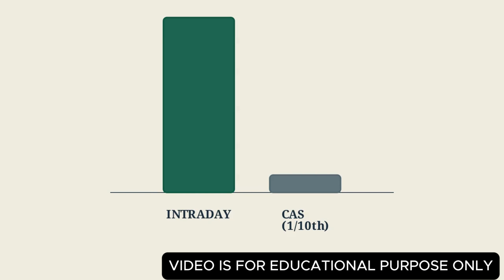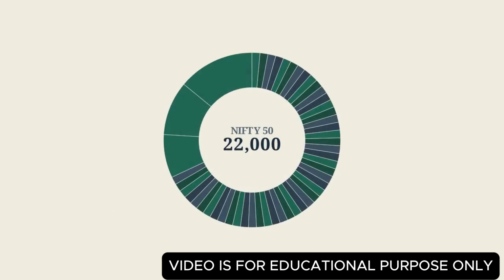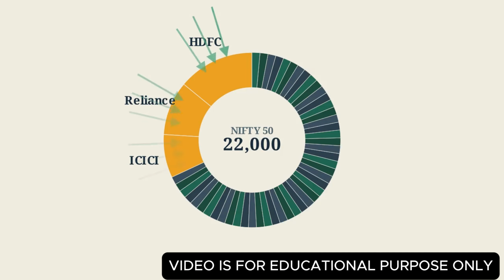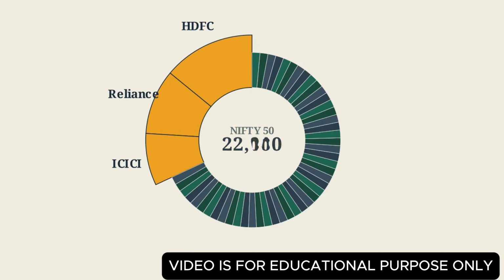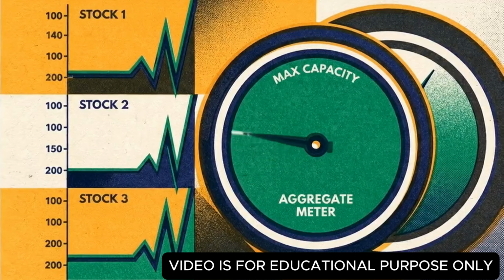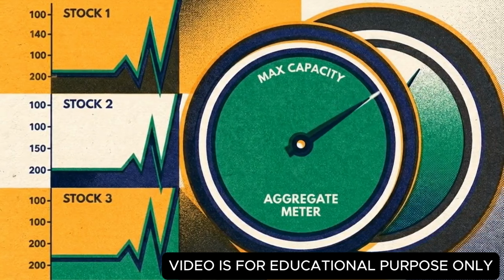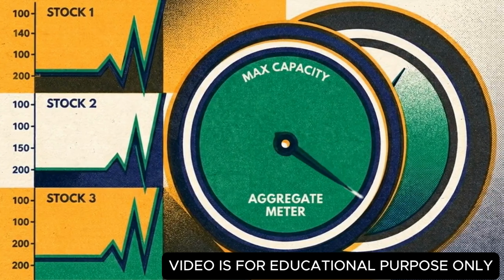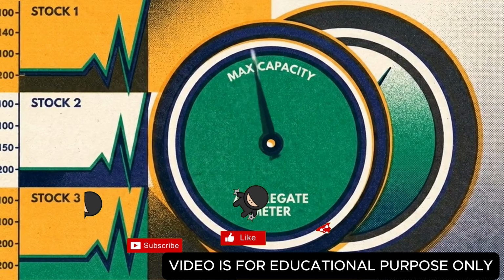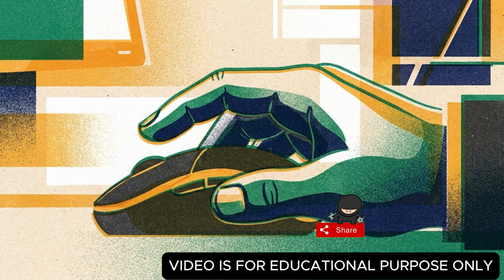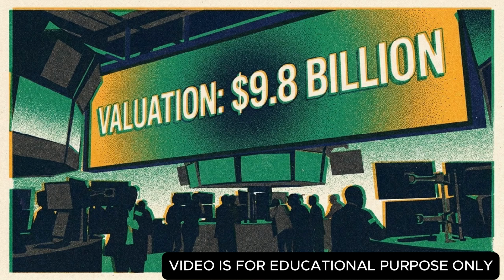This chart visualizes the benchmark index composition. The index's movement is dictated by a handful of heavyweights, like HDFC, Reliance, and ICICI. In the final moments, an institutional player targets these specific stocks. A concentrated flood of buy orders rapidly drives up their prices. As the prices of those heavyweight stocks inflate, the exchange's algorithms automatically force a massive upward recalculation of the final index closing value. By deploying a relatively small amount of capital to shift prices in the illiquid cash market, institutions successfully dictate the final settlement price of the multi-billion-dollar derivatives market.